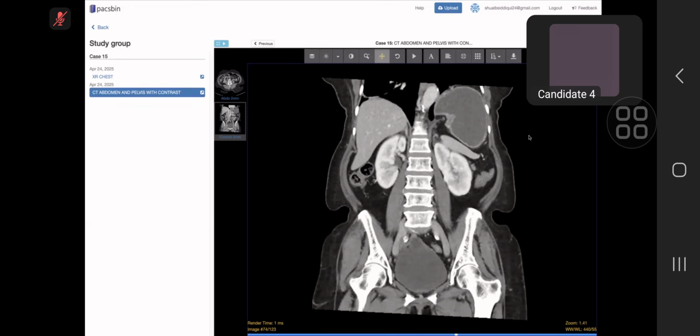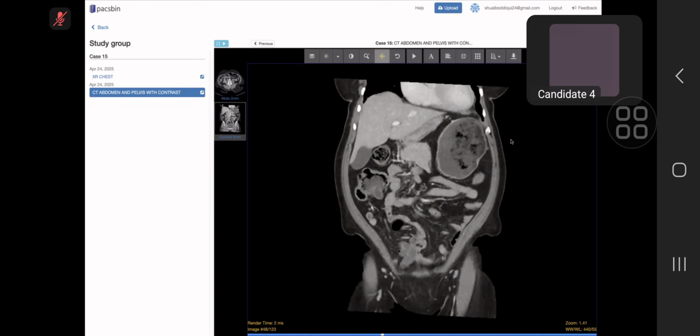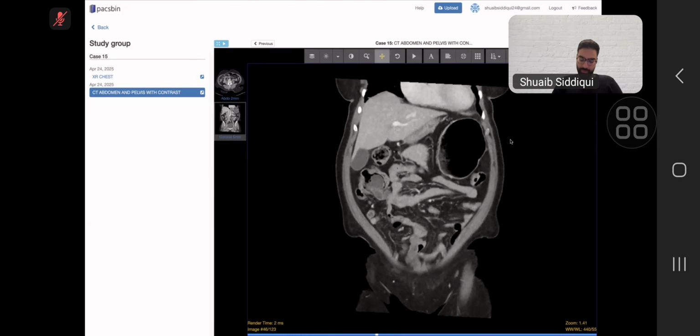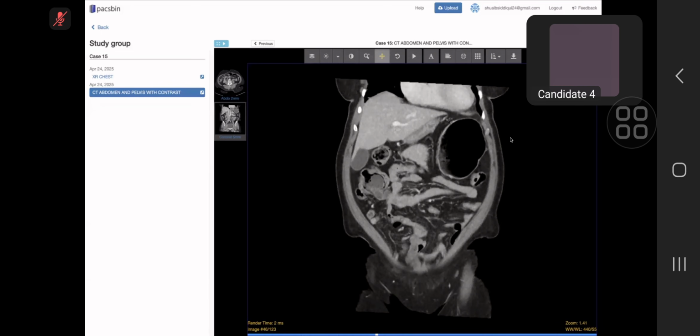This appears to be mesenteroaxial. Why do you say that? Because in the mesenteroaxial, the lower part of the stomach, that is the pylorus and the antrum, it is seen above the cardia. Here I can see that it is